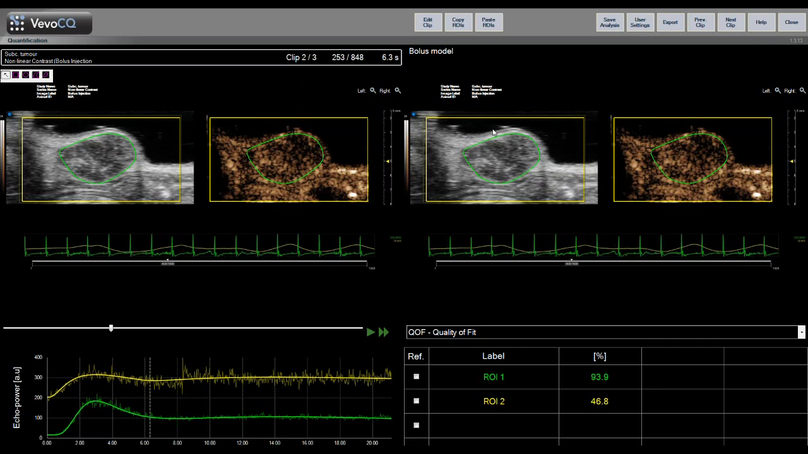I have some air bubbles here. I have some areas where maybe my image is saturated. And overall, the signal from this large area also consists of some ultrasound gel and some shadowing. So overall fit is pretty bad. So normally, I would only look at the quality of fit for my real region of interest and not for